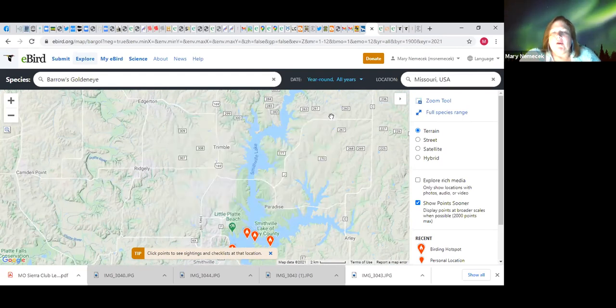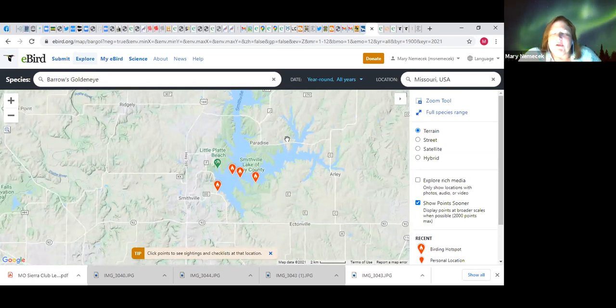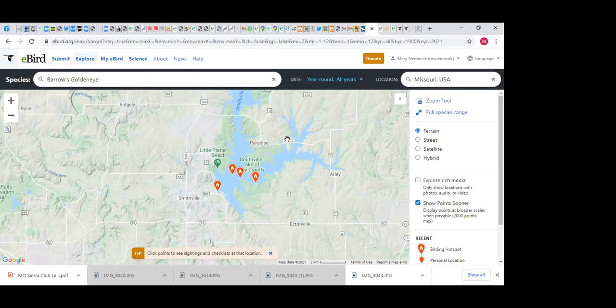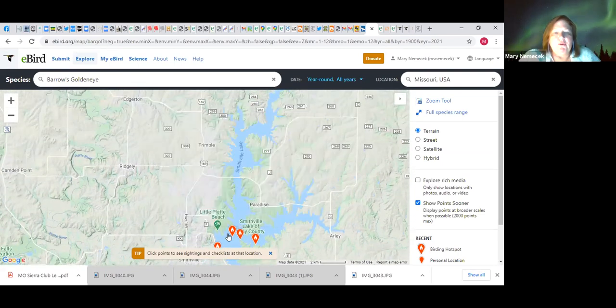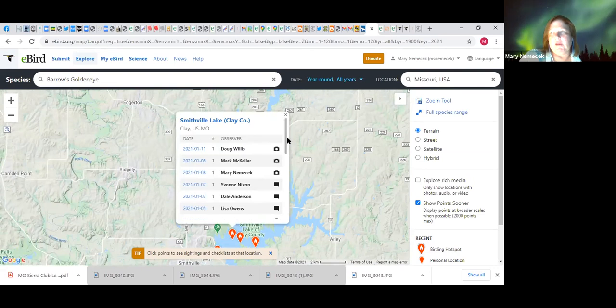If you're just exploring the hotspot, unfortunately, yes, you would have to look at each one of those at Smithville Lake. But the majority of the checklists there are entered under the main one for the lake. So unless you knew that there was something rare up there and you were just targeting that, when you click on this main one, it's a campground, you'll get most of the species that were seen there. So if you just type in Smithville Lake, Clay County, it'll give you most of what was seen on the lake in general, because this is the one that most people tend to use. Does that help? Yes, that helps.